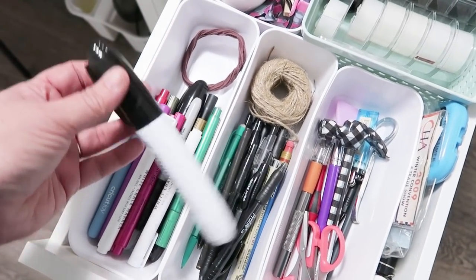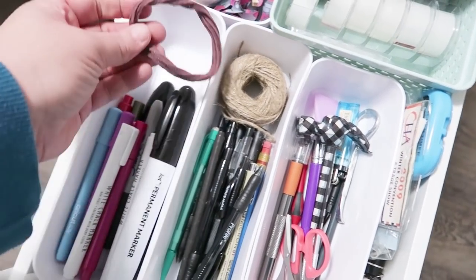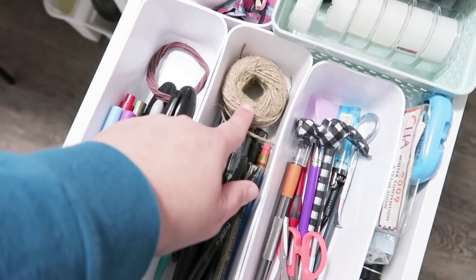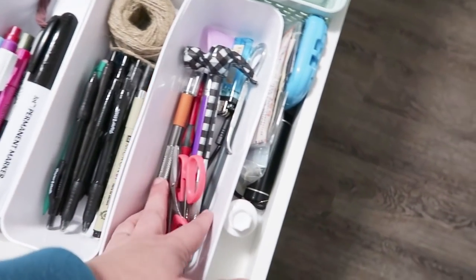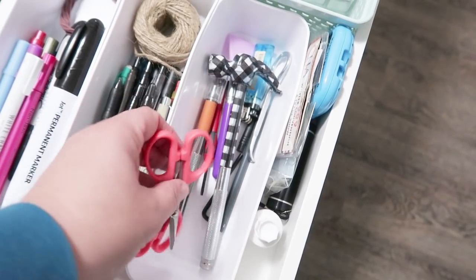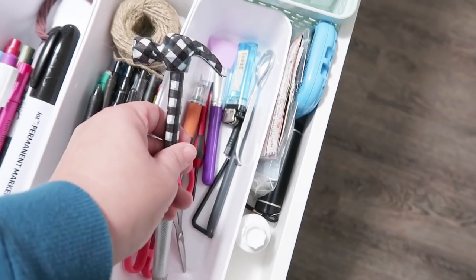And so I have those, some clips, some essential oils, some of my favorite markers, a hair tie when, you know, I want to put my hair up. I keep twine in here because I use twine on almost every single video, pens, and then these are some of my most reached things, little tiny fussy cut scissors, this little hammer,